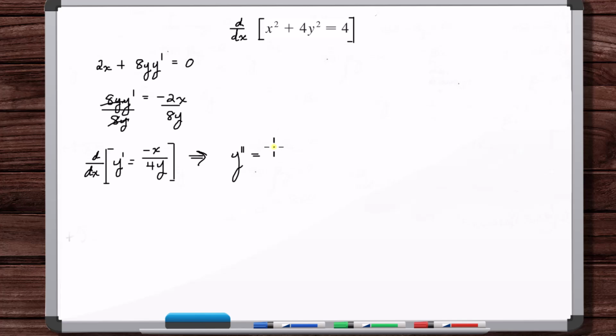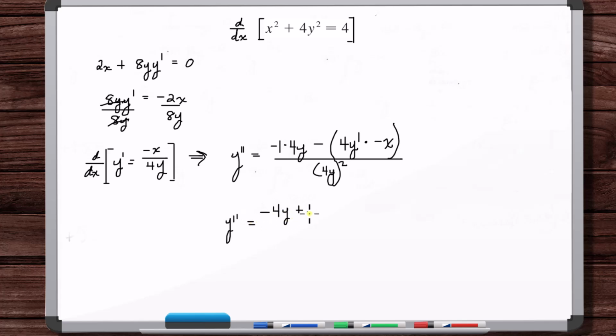So derivative of the top times the bottom minus derivative of the bottom times the top, all over the bottom squared. So we've got, we can factor out a minus 4 and we get